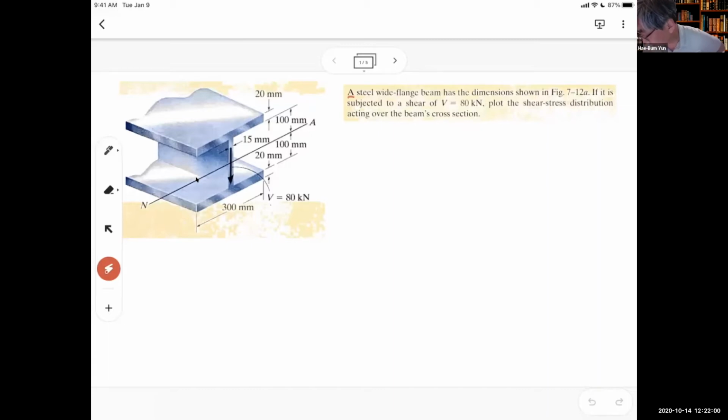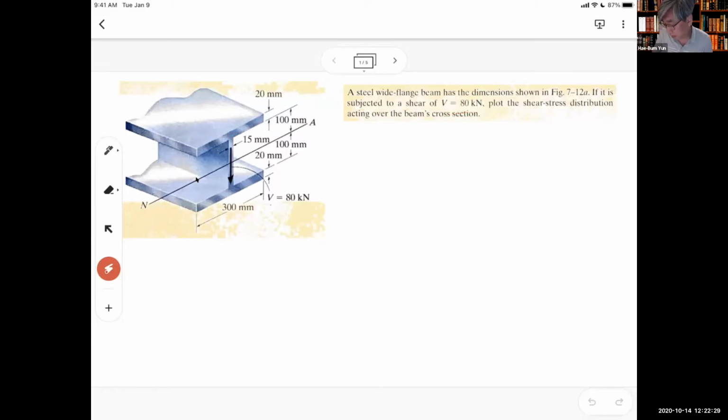So let's read the question first. This is a steel wide flange beam. So this is a flange. This is a web. The dimensions are shown here. And we have a shear force, V, equal to 80 kilonewton. In this case, V is given, but